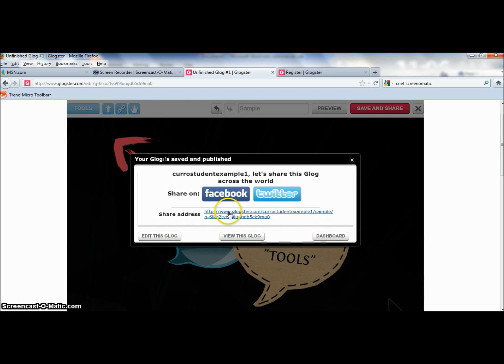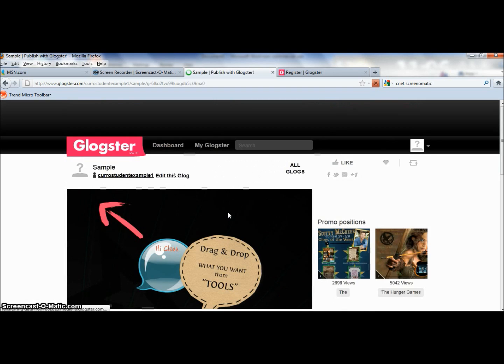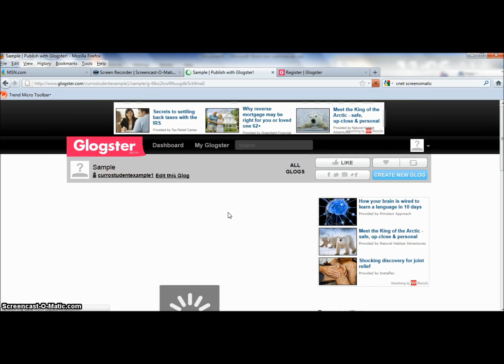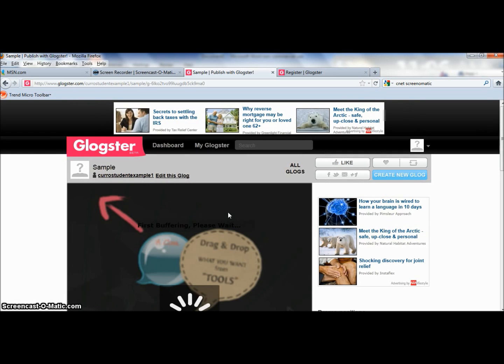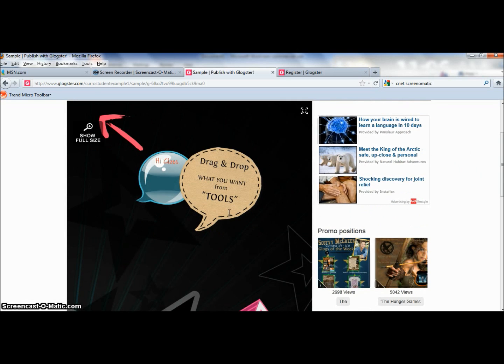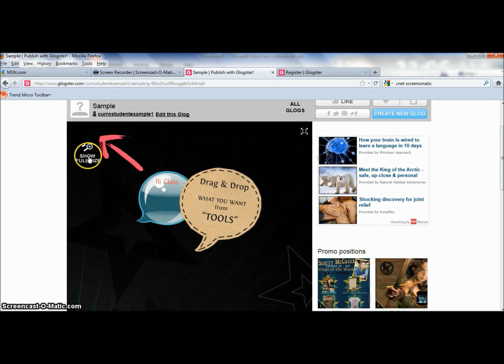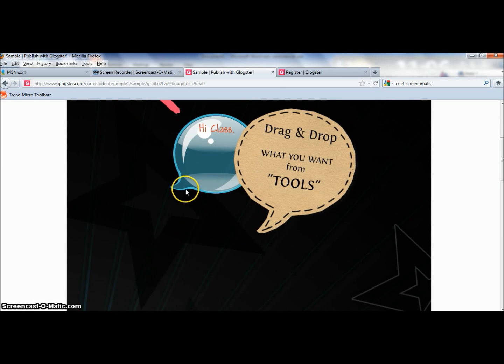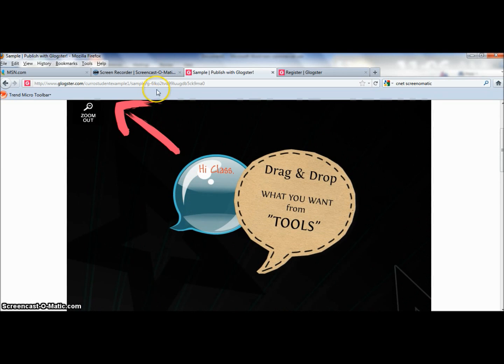And this is the link to your Glogster. So let's take a look at it. Here's the Glogster we just created. If you have any videos, they would automatically appear there. You can show it full size. So this link right here, you would copy and paste and stick that into your Edmodo so that I could